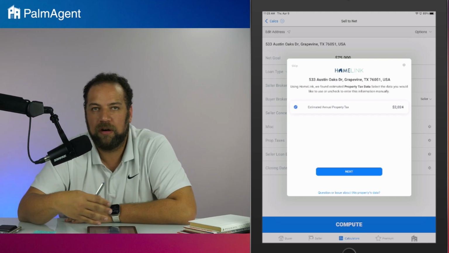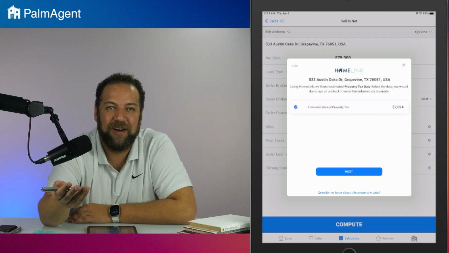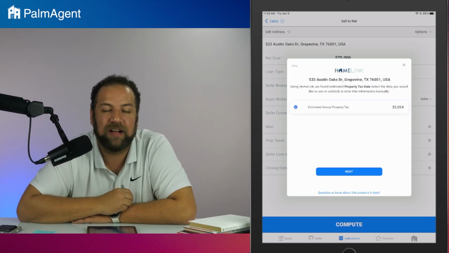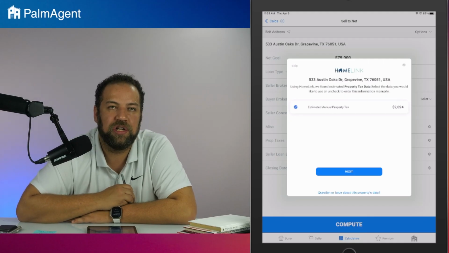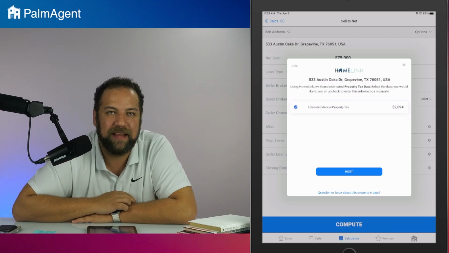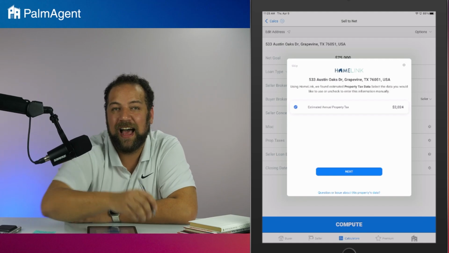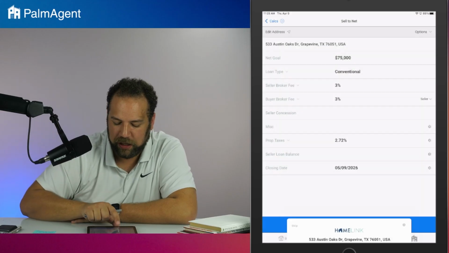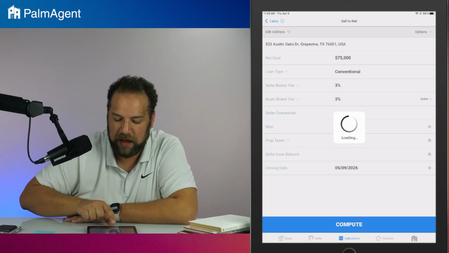So, if the address that you're typing in isn't pulling a loan balance, but that property has a loan, let us know. If this tax record isn't being updated, maybe it's pulling a tax record from 2024, let us know. We've got enough users across the nation using this app that we're actually able to put a little pressure on those data providers and get them to update their records online. We reach out to the data providers. They then reach out to the county, who they force to update those county records. And so, again, the question or issue about this data,